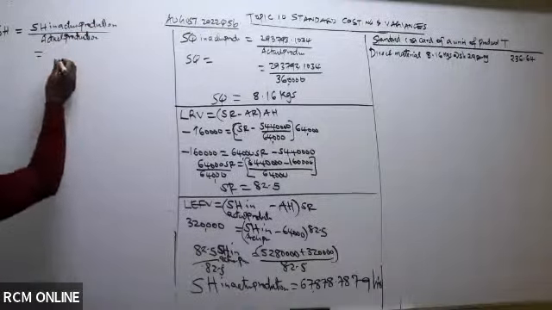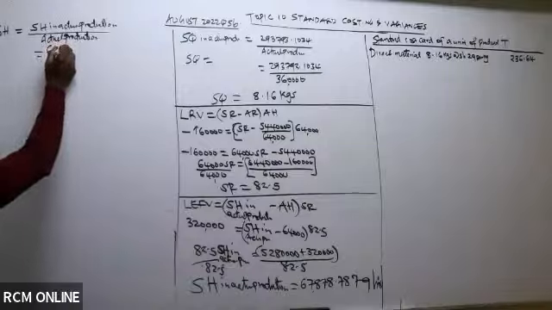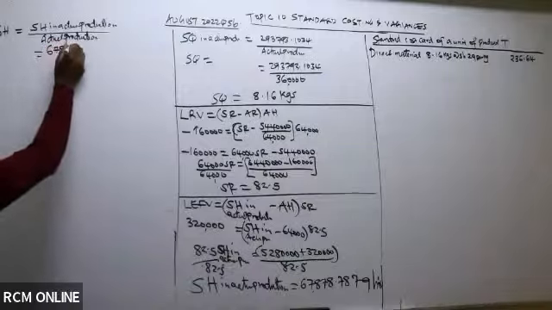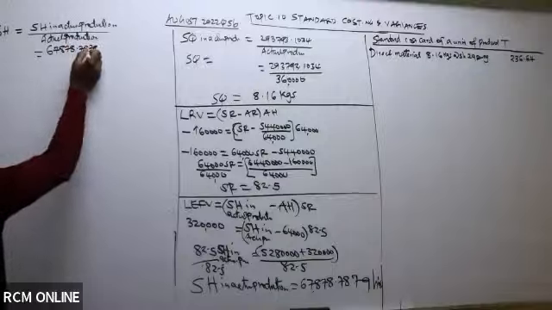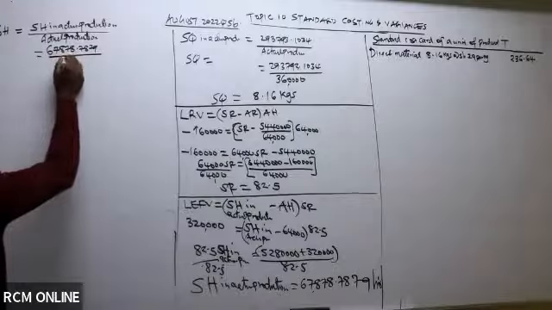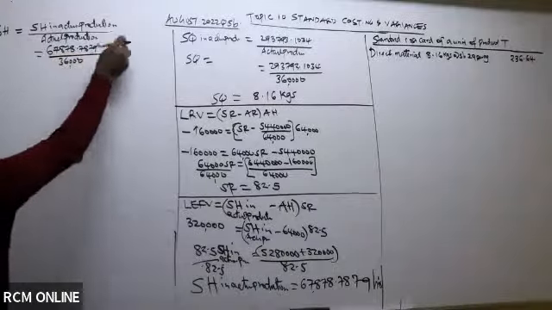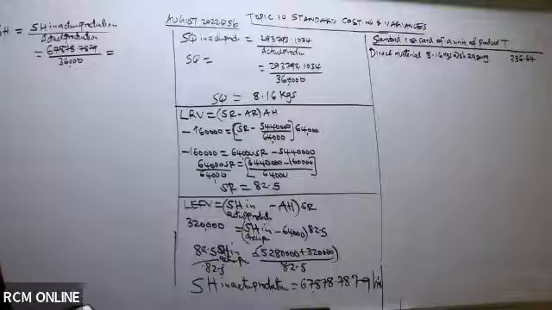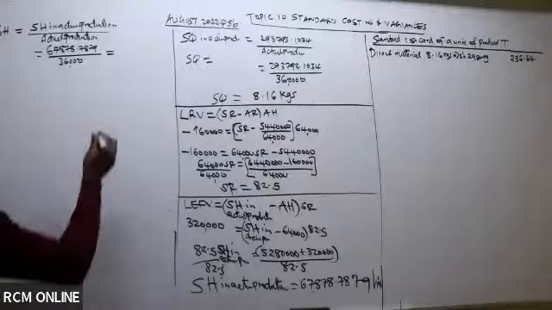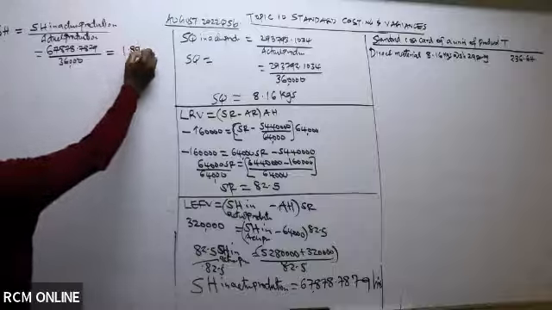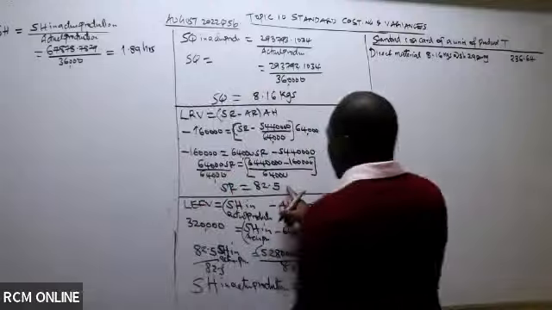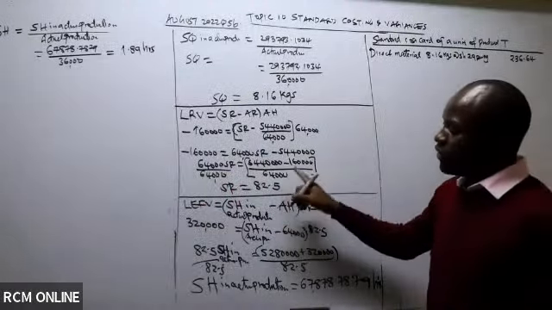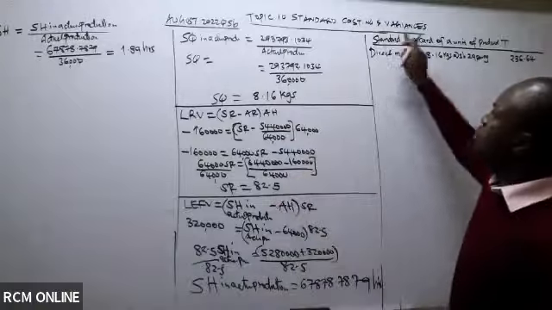So we have 67,878.7879 divided by 36,000. What are you getting? Standard hours: 1.89 hours. Even though the labor rate per hour is 82.5 shillings, for us to produce 1 unit of tea,